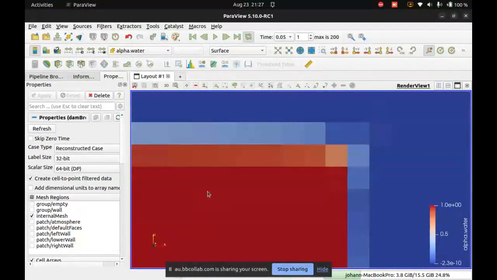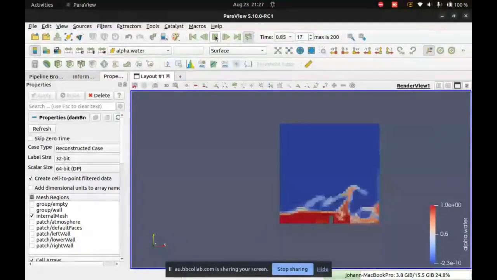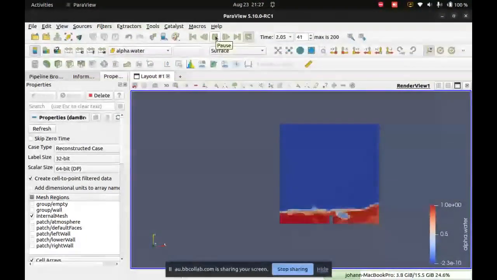These cells are 0, these cells are 1, and these cells are 0.5, 0.4, who knows. So the problem with VOF is it's very diffuse. But there are ways of getting a sharp interface. I'm not going to go into that right now, but look at this. It's so pretty. Right. Okay, so